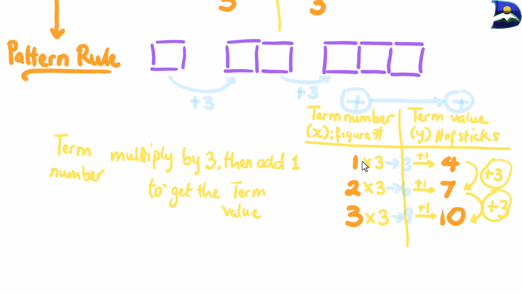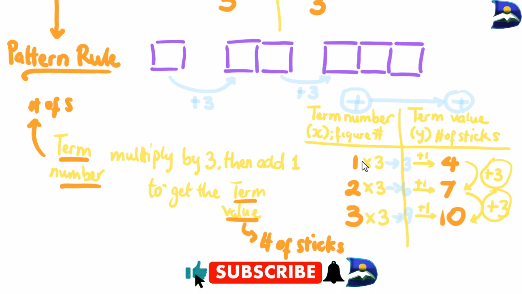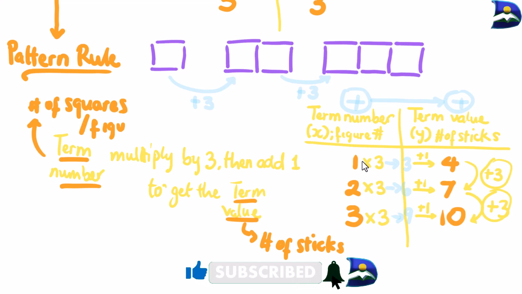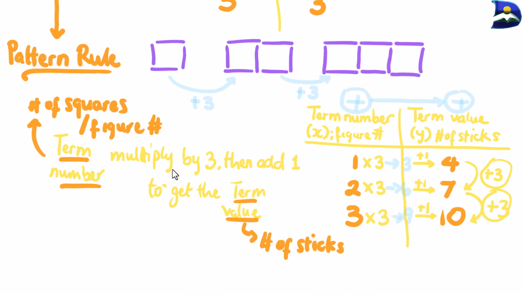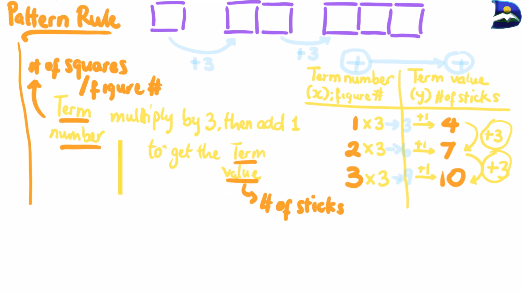Now remember here that our term value represents what? The number of sticks, while our term number represents what? The number of squares, or you can say what? The figure number. And once you're able to address these as our pattern rule for this scenario, we are now going to move on to the final step, moving from pattern rule all the way to what is known as the